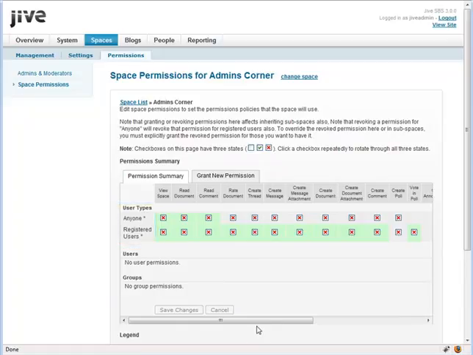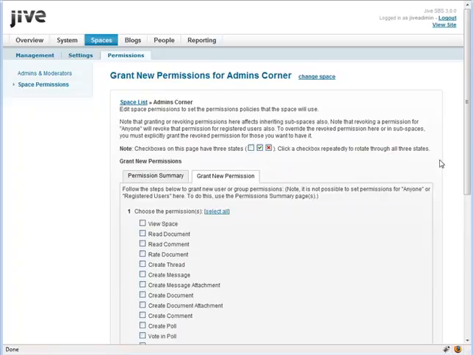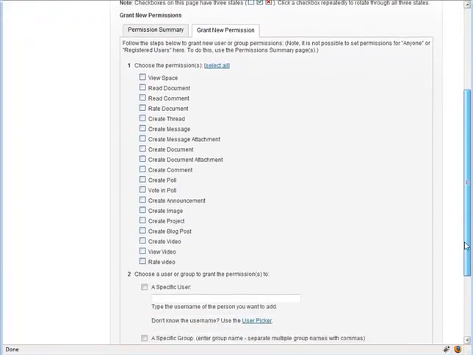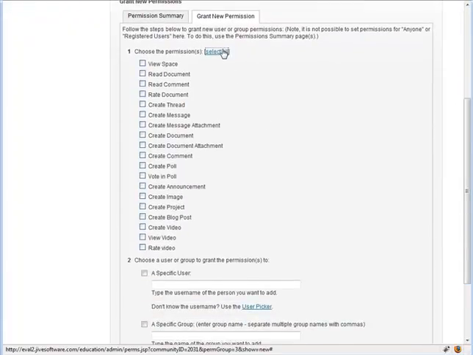As you can see by the red X's across the screen, permission has been revoked for both guest users and registered users, since this is a private space. Click Grant New Permission to assign permissions to a particular user for this space. You can select all of the permissions by clicking Select All, and then enter a user to assign those permissions